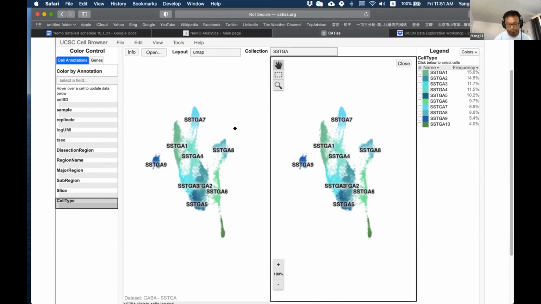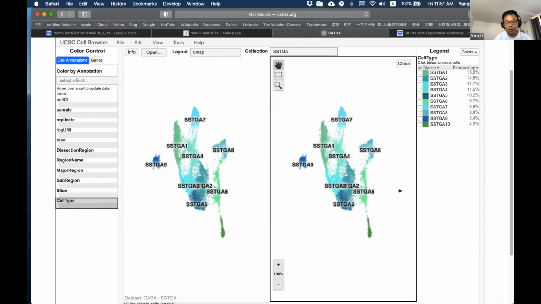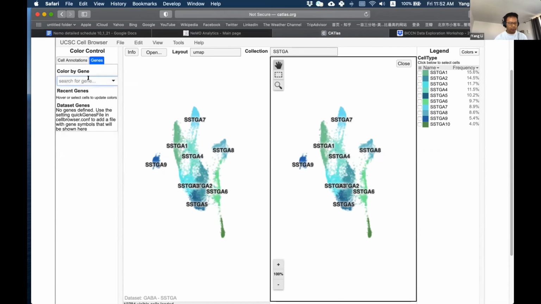In one view, you can reference the cell type annotation, but in the other, you can potentially explore the active genes in each cell type. For example, here I would like to type in, for example, Chodl, because we know this gene is specific to cluster 10.